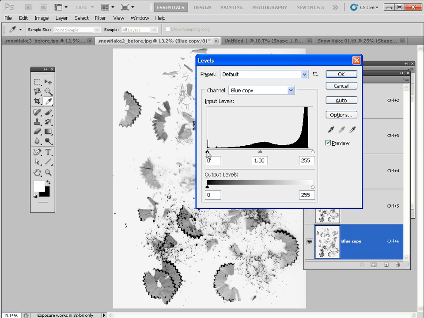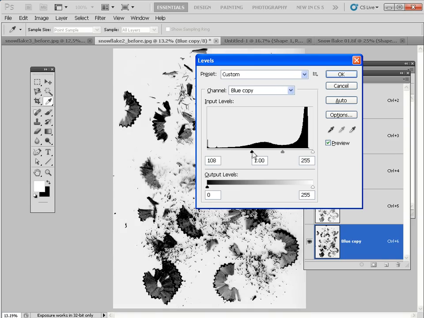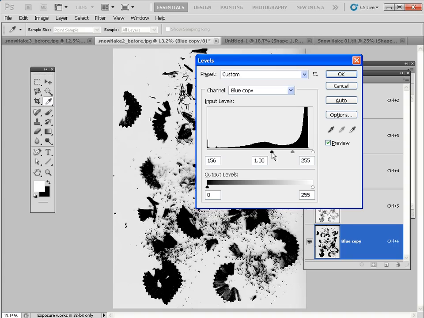So if we want darker blacks, drag this slider to the right and that will give you a value of around about 157, which gives you lovely dark shadows. You can type in that value yourself if you like, and we can then brighten up the background by dragging the white input level slider to the left, and that gives us even more contrast. If we take that to around about 217, now we've got really white, so that's going to be much easier